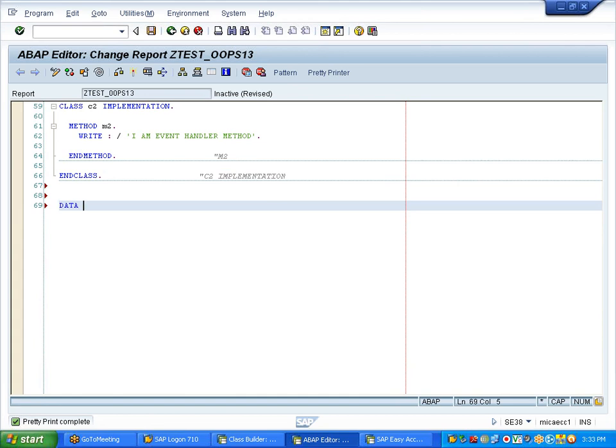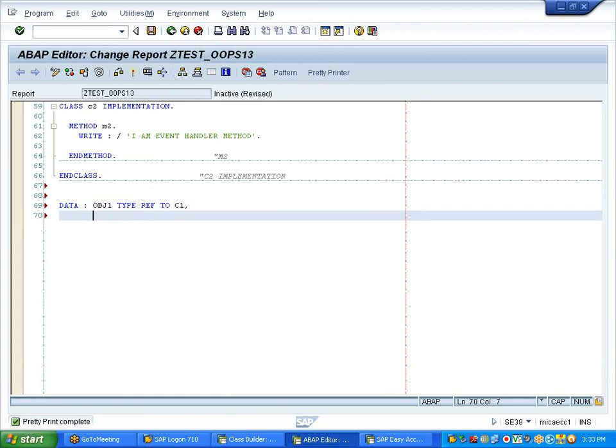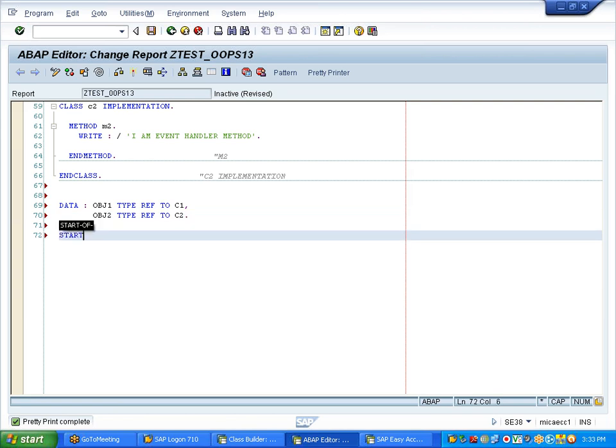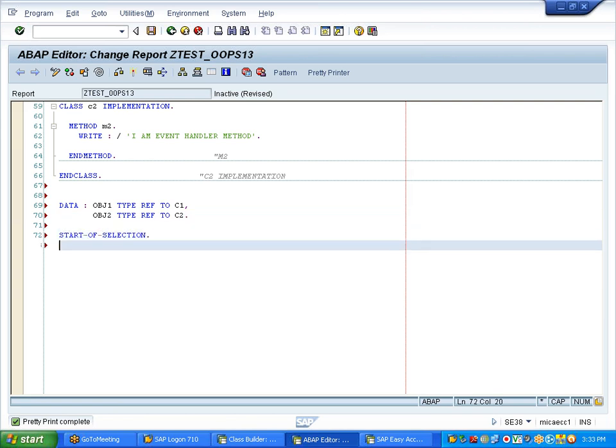So data obj1 type ref to C1, obj2 type ref to C2, start of selection,